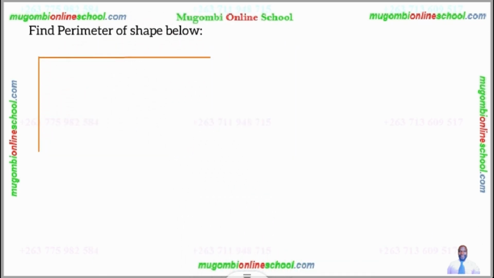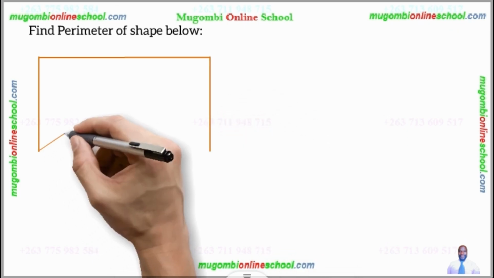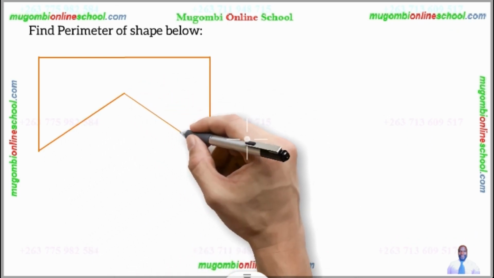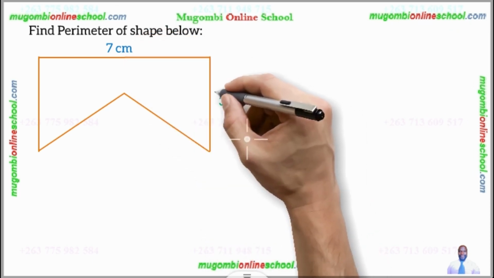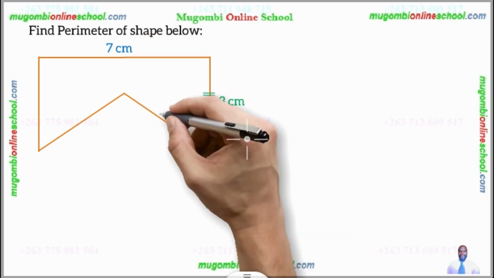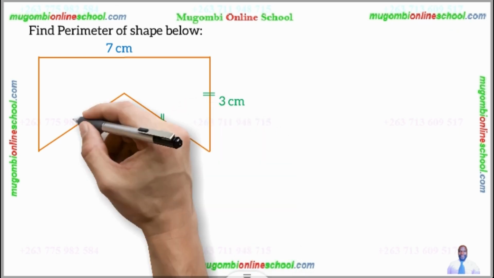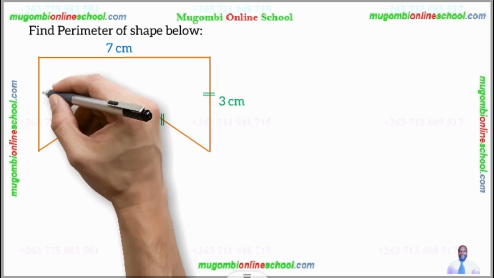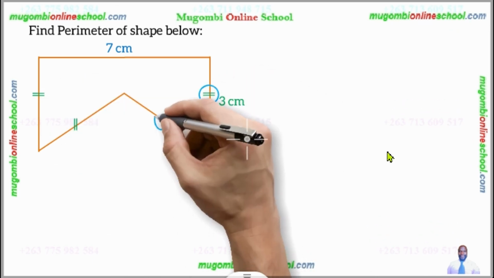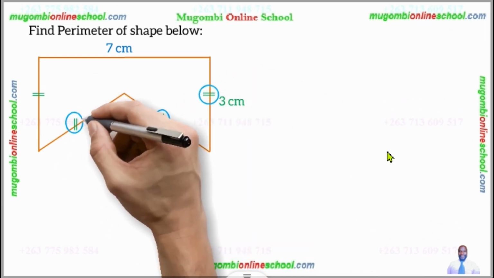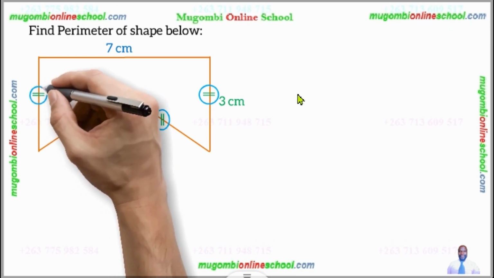Second example, find the perimeter of the shape below. This is the shape, right? And this side is equal to 7 centimeters, and this side is equal to 3. And this one is marked twice like this, and this is marked twice, and this is marked twice like this, as well as this one. Which means all these sides which are marked the same, they are equal in length to this side,